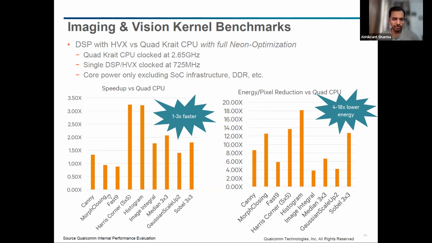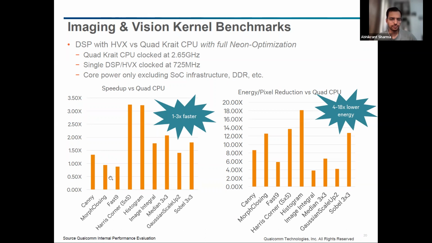So as you can see, we are running the most commonly used image processing kernels. All these are pretty standard image processing kernels. And this graph shows the execution time performance on the DSP versus the CPU. So 1x means the performance of the CPU, and if the graph is above this, it means that, for example, the Canny filter on DSP is performing like 1.25 times better than it is